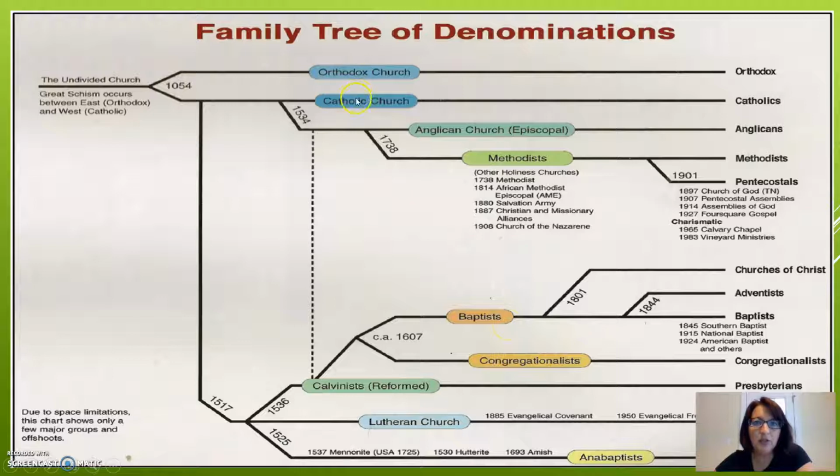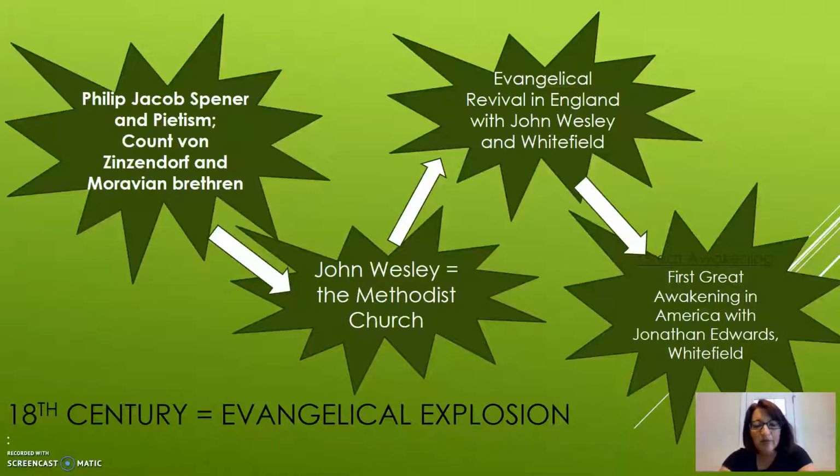If you go back up to look at the Catholic Church, the Anglican Church with King Henry VIII split off from the Catholic Church, and then the Methodists, we'll talk about in the next slide, split off from the Anglican Church. And so a lot of our Pentecostal churches, charismatic churches come off of the Methodist Church. So you can kind of see this family tree, I guess, of denominations. Oh, that's what it's called, family tree. And so in case you have any questions about where all these different denominations come from, you can refer back to this chart.